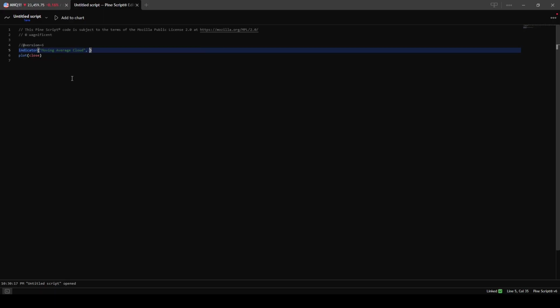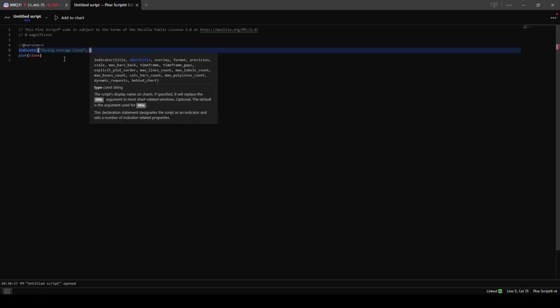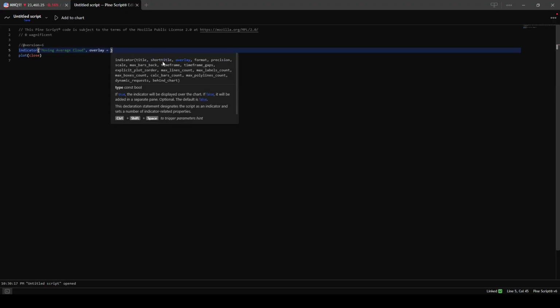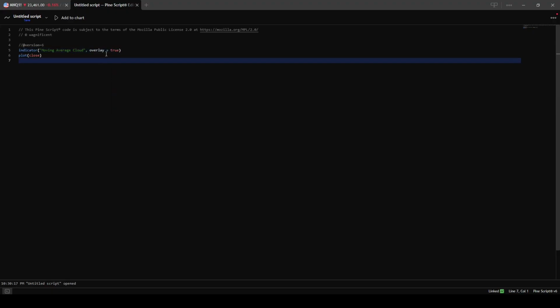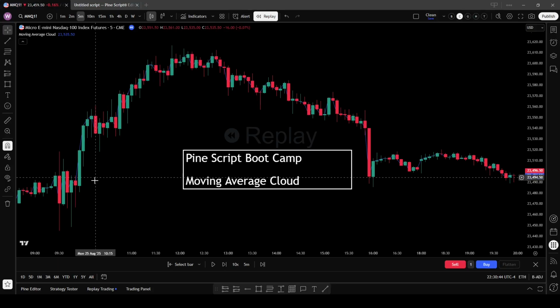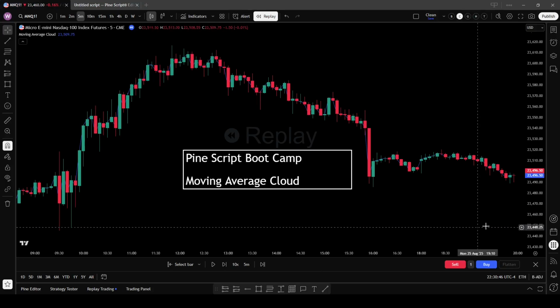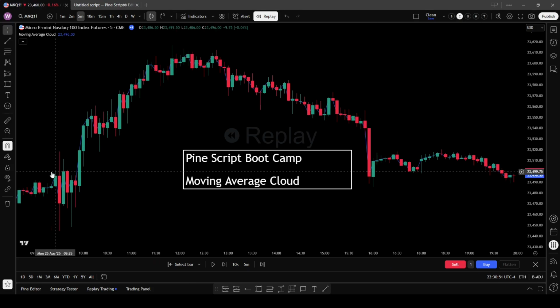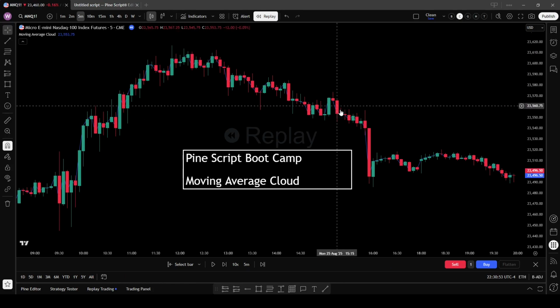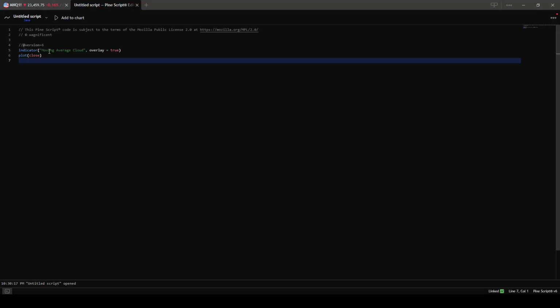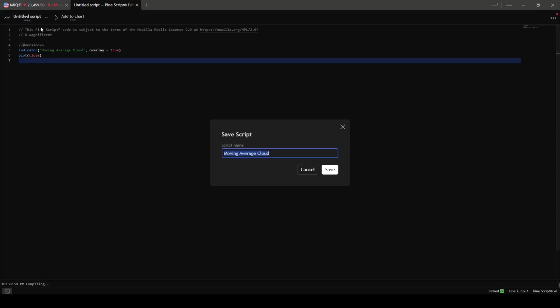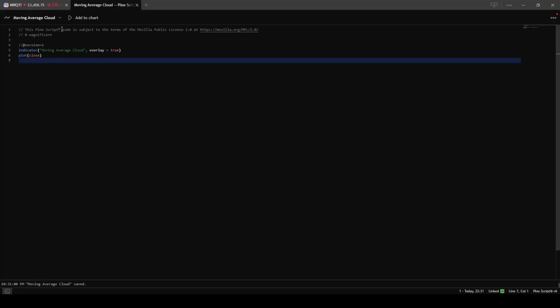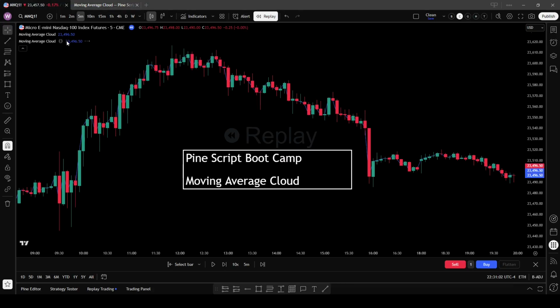And we want to specify one extra thing in here that we didn't do last time, which is to add an overlay. So we want to set overlay to true, because what this setting does is it tells TradingView to, instead of putting it as a separate panel the way that it was with the RSI indicator, put it straight on top of the chart. So we want to make sure that we save our script. We've got moving average cloud. We add it to the chart